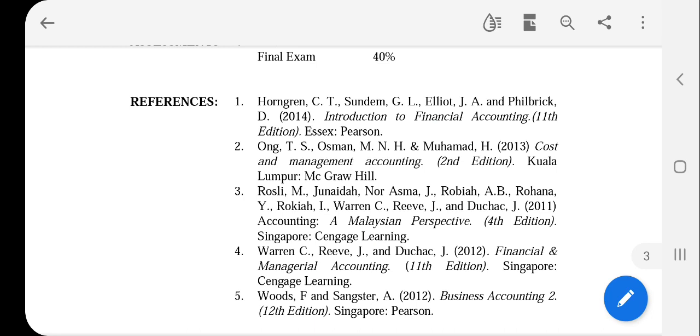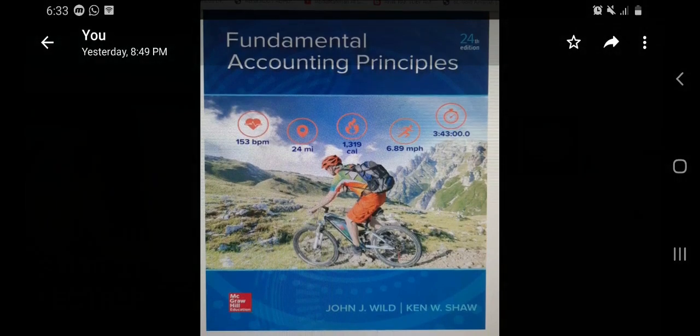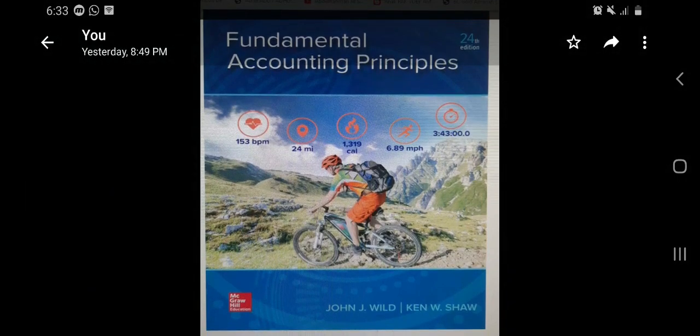And then about the textbook that you will have to use for this course. Okay, this is the textbook that you will have to use for this course. It is an electronic textbook or e-textbook. Later I will explain more about this. The thing is like this.